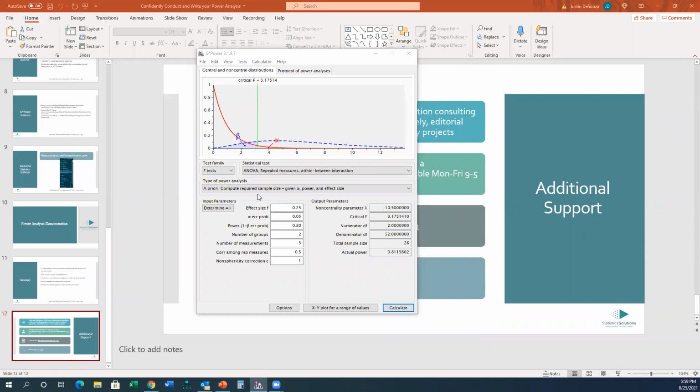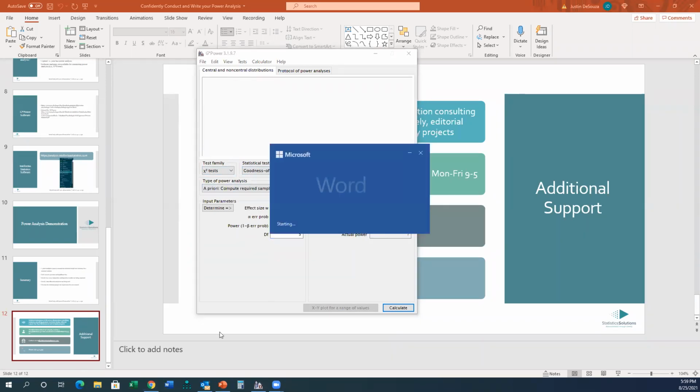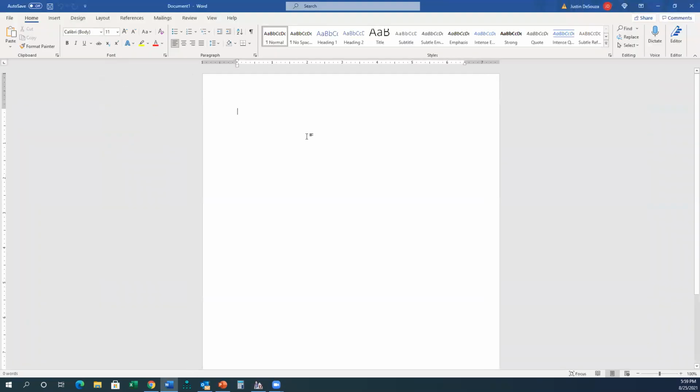What about a chi-square test? I believe chi-square will be here. Under chi-square, goodness of fit contingency tables, again, changes to 0.8. Degrees of freedom, there's a formula for this. So say you're doing a relationship between ethnicity and gender. Okay, so I'll write this out. It's kind of hard to explain without visualizing it. So chi-square